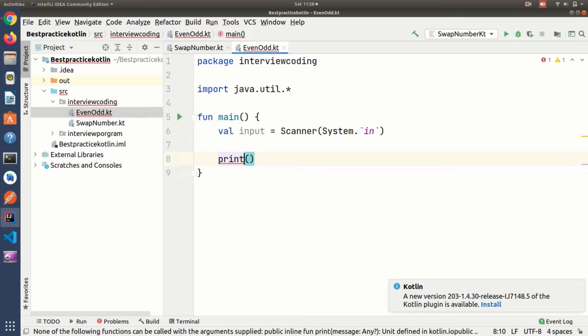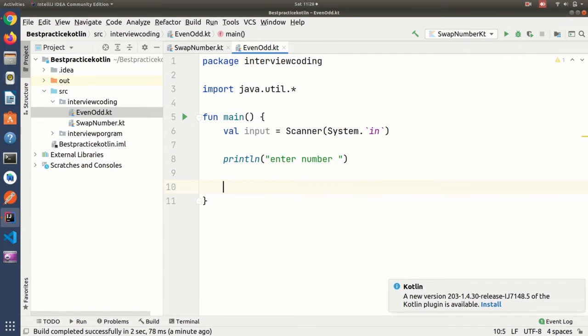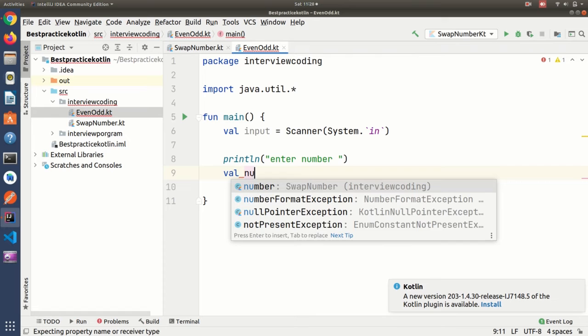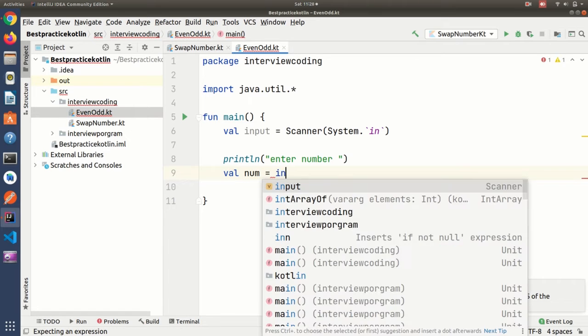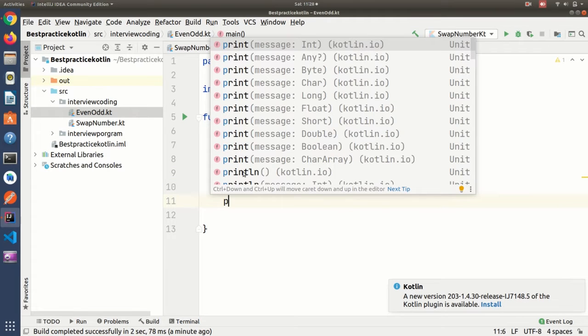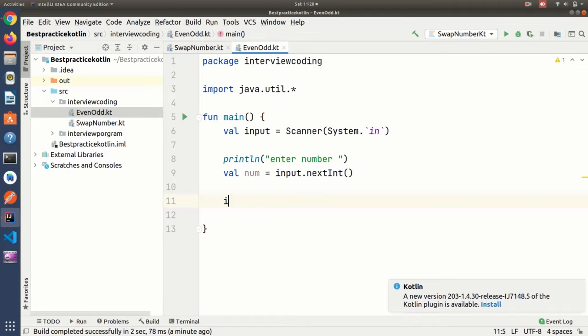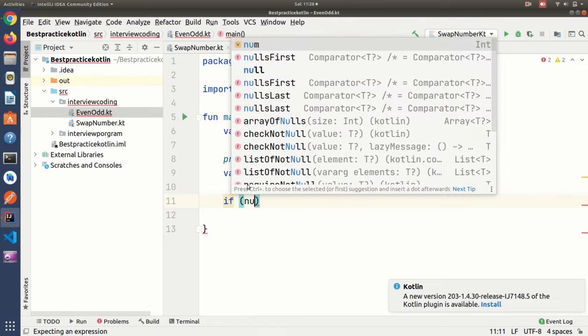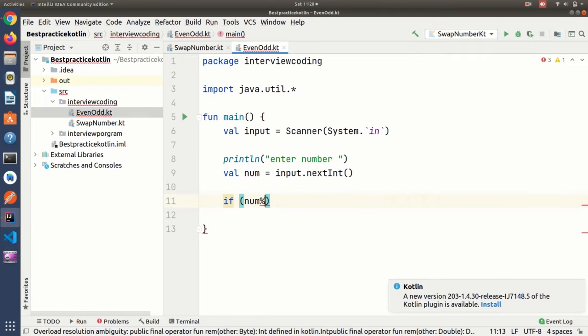Here printing one message, enter number. Then this value I need to take, so for that, val num is equal to input.nextInt, then print, I got the number. Now I'm using an if condition: if number percentage 2 equal to 0,